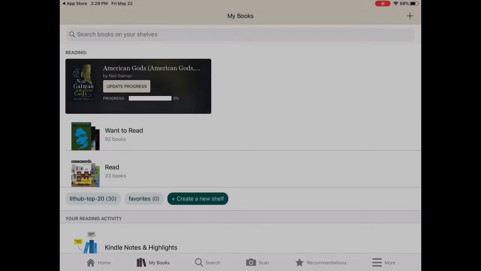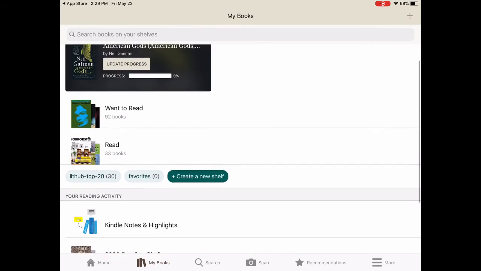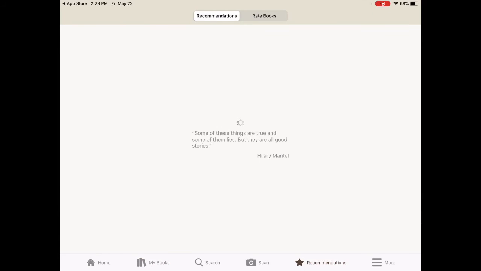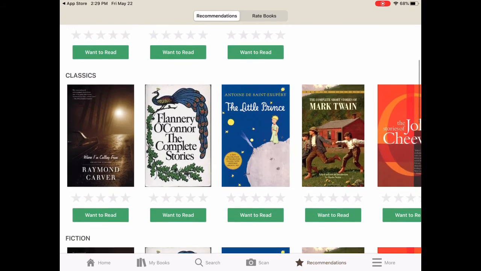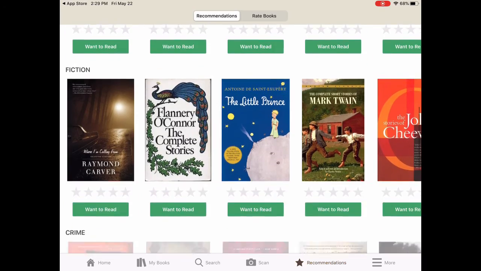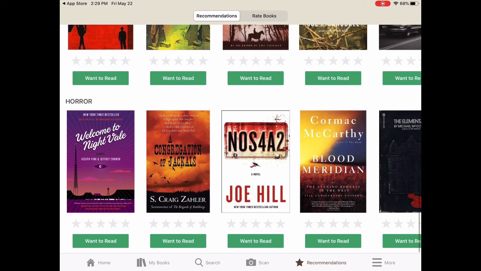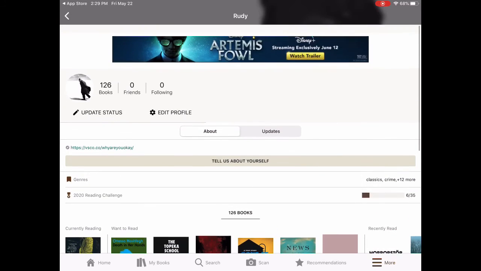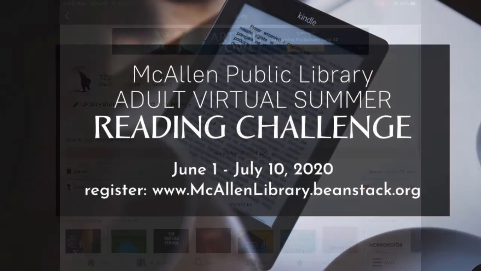And this is what my books looks like on the Goodreads app. Very simplified. My shelves are there. Some recommendations based on my favorite genres: classics, fiction, crime, and horror. You can look through those. And then I'll just show what my profile looks like. And that's it. That's just a quick run through of what Goodreads on your desktop and the app looks